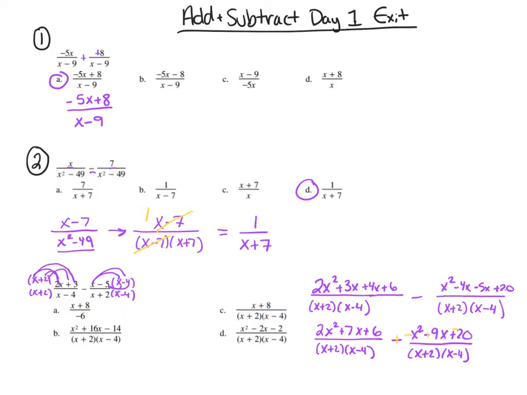So I'm going to have 2x squared plus negative x squared is just x squared. 7 plus 9 is 16x. 6 plus negative 20 is negative 14. And then, of course, with fractions, our denominator just stays the same. So my final answer would be x squared plus 16x minus 14 all over x plus 2, x minus 4, which would be answer choice